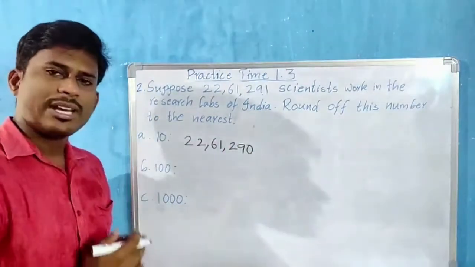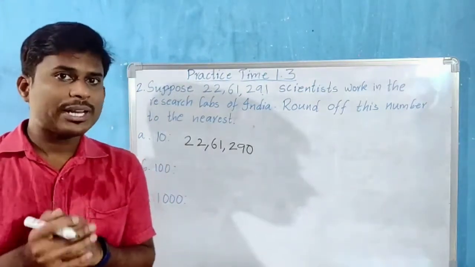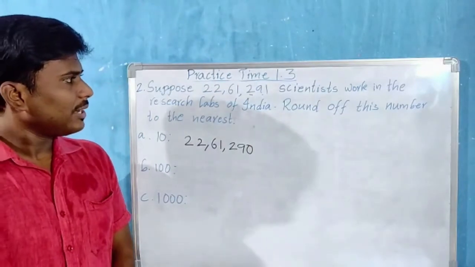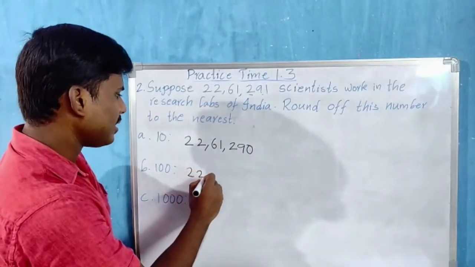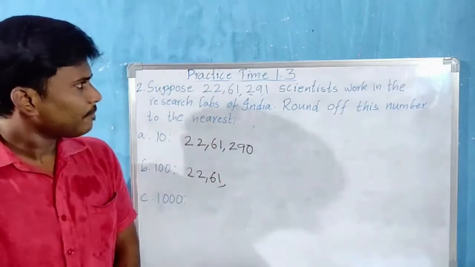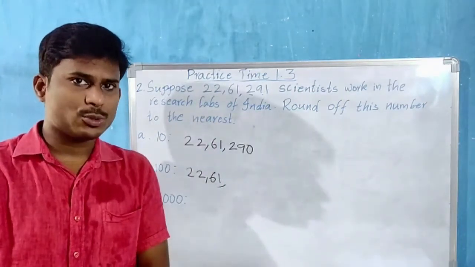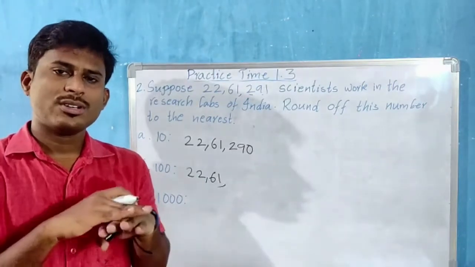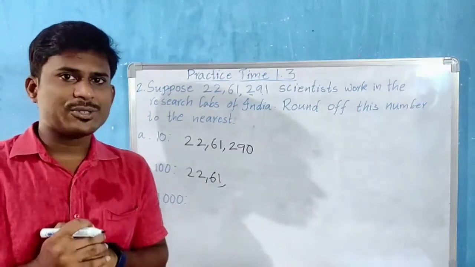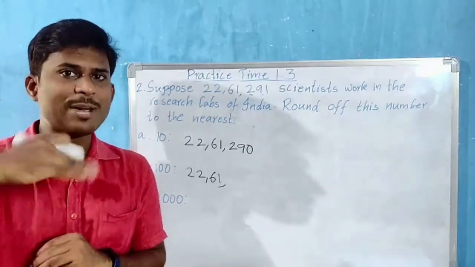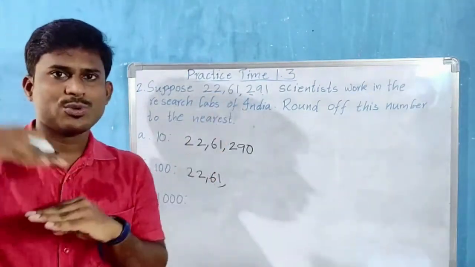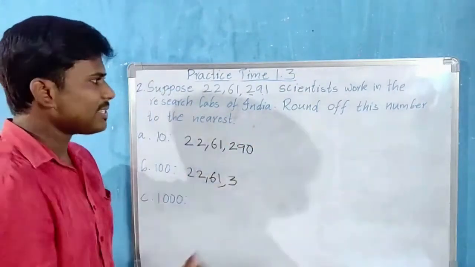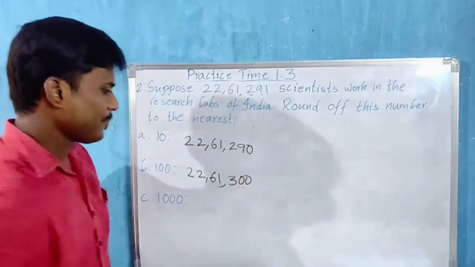Nearest to hundreds now. Nearest to 100 means what will be our rounding digit? It's the hundreds place. Left digits, let us write as they are. In the hundreds place we have digit 2. Immediate right side we have digit 9. So 1 to 4, slide on the floor. 5 to 9, climb up the vine. So climb up means from 2 to 3, plus 1, we have to add, so 3. The right side places we have to place as 0.